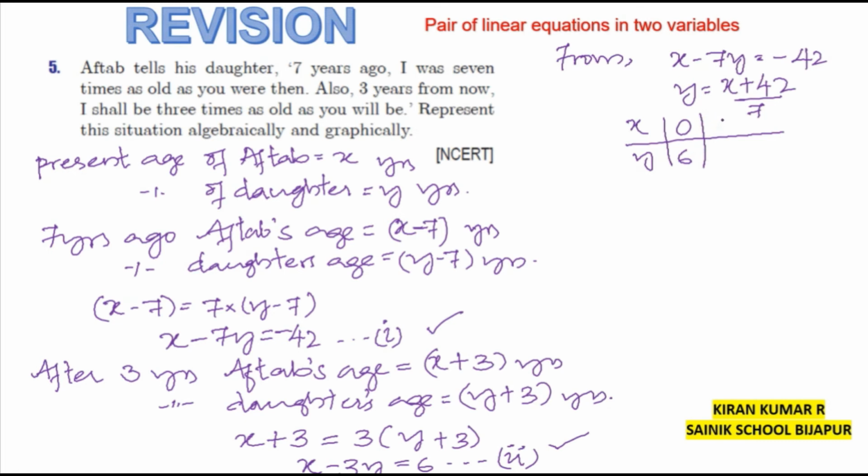When the value of x is taken as 7, 7 added to 42 is 49. 49 by 7 is 7. 7 sevens are 49. If you take the value of x as 14, we get 56 upon 7. 7 nines are 56, so 14 comma 9. This is the set of values for